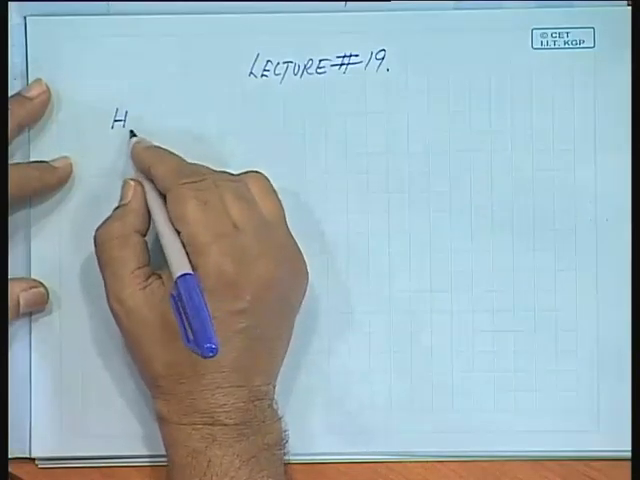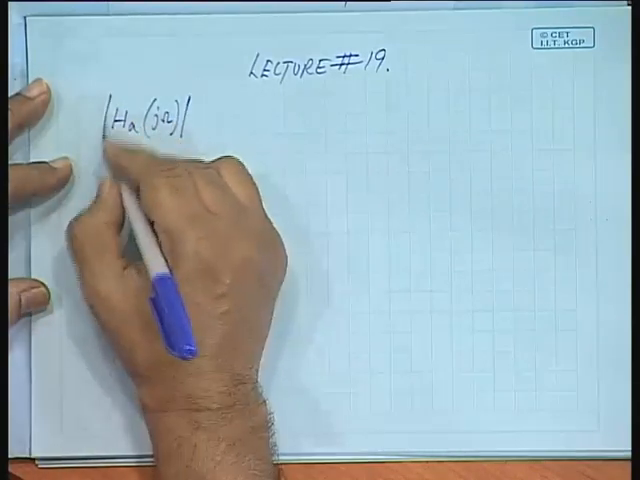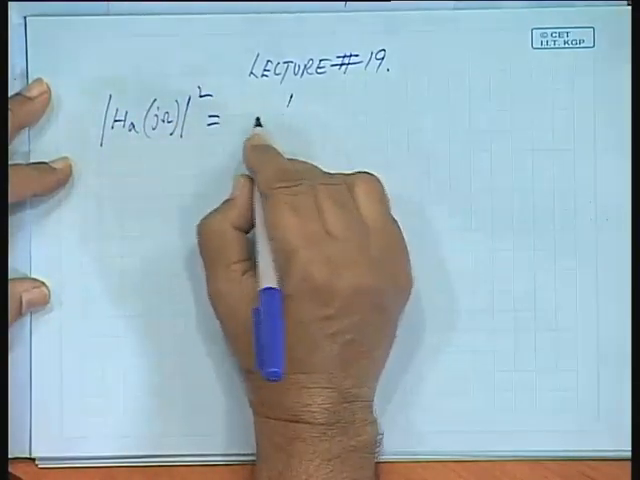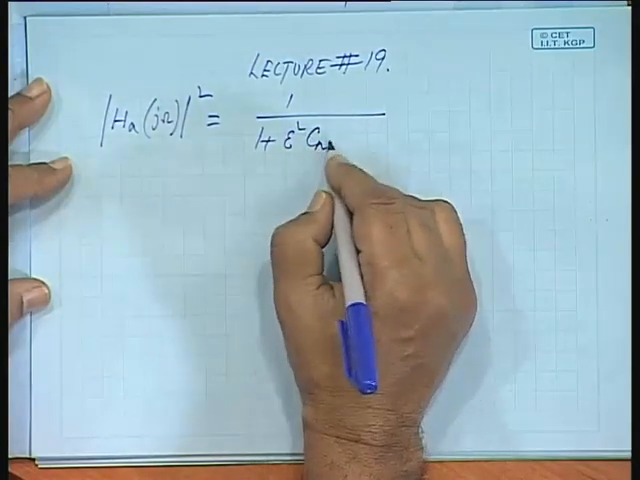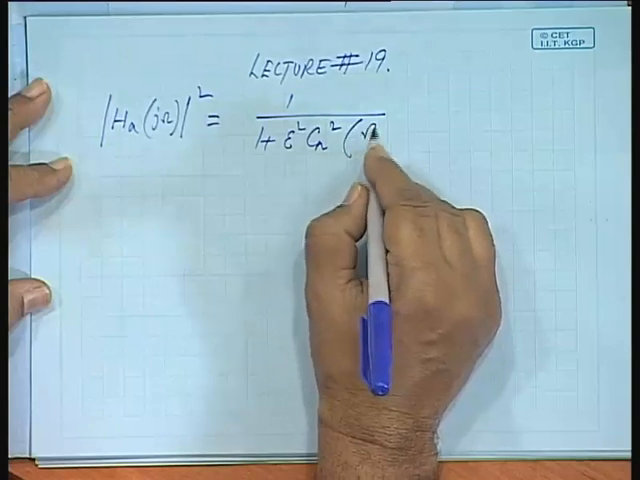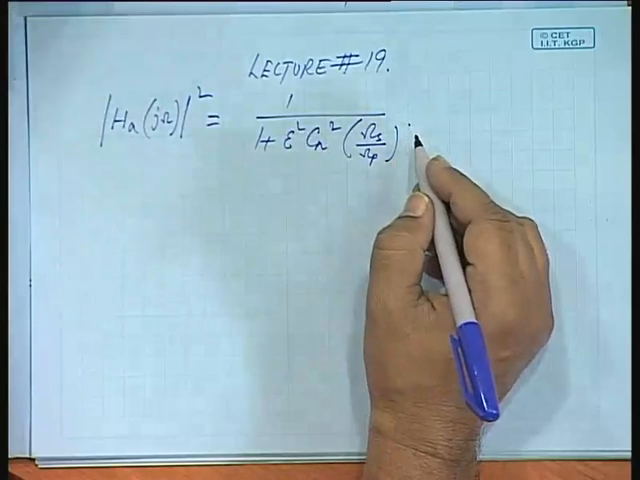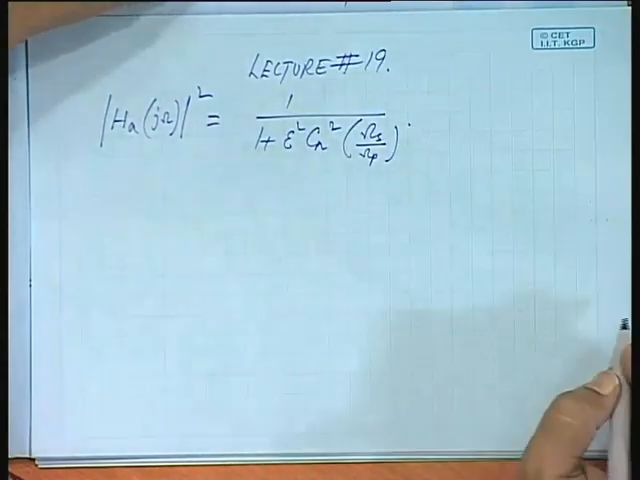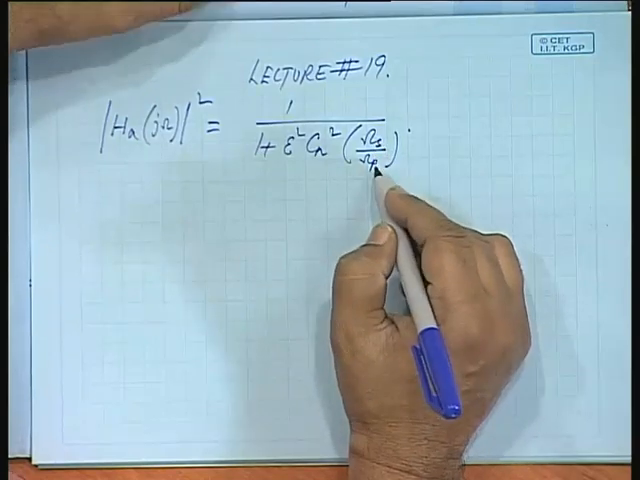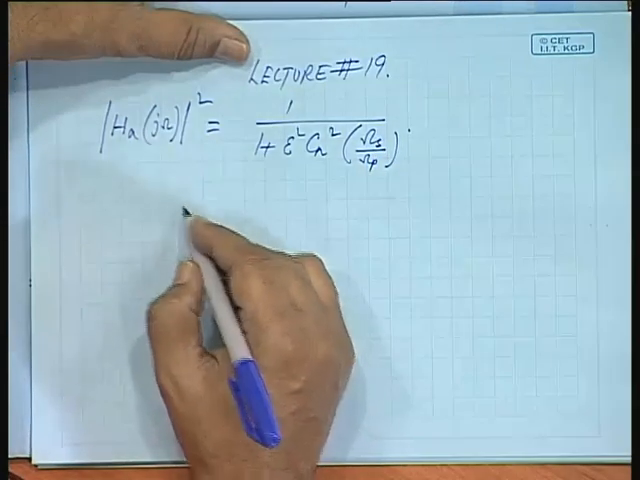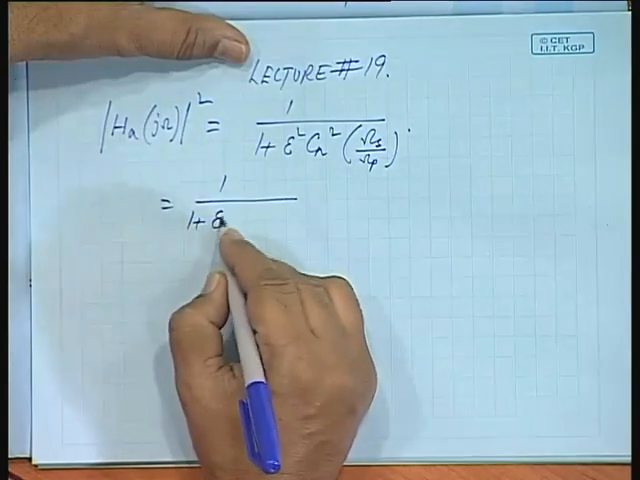Now, we can write the Chebyshev function in the analog domain as 1 by 1 plus epsilon squared Cn squared of omega s by omega p. This is a function of omega s by omega p, in terms of the stop band and pass band ratio. So, this can be written as 1 by 1 plus epsilon squared